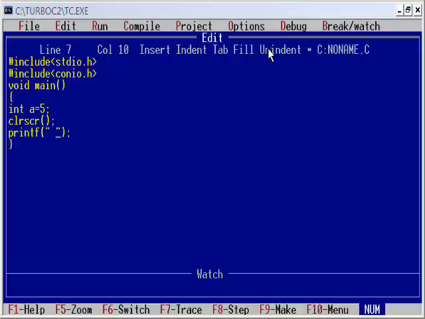I'm writing the message "value of a is". At this place we have to print the value stored in the variable a. So we use the format specifier %d. This is the format specifier used to print an integer value, as a is an integer data type and a is an integer variable.